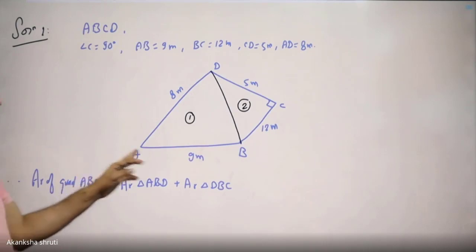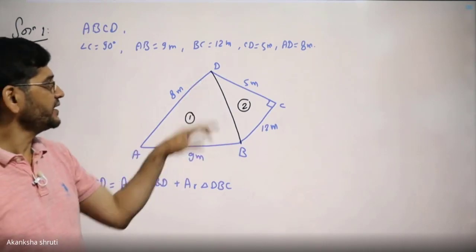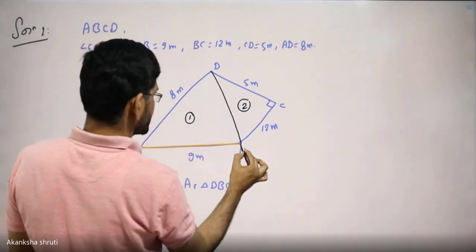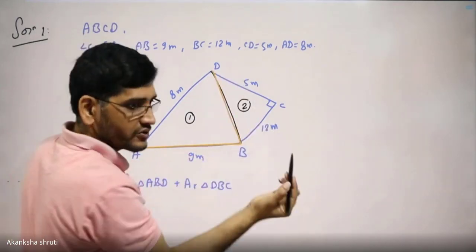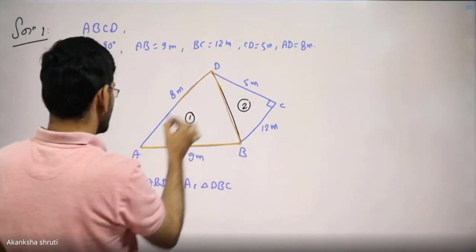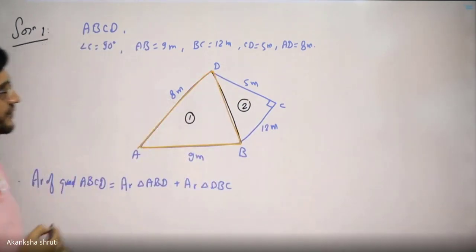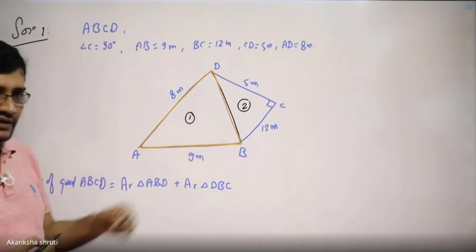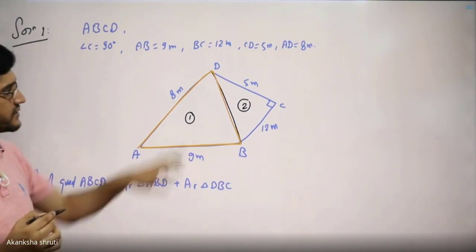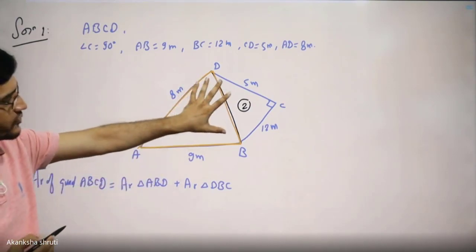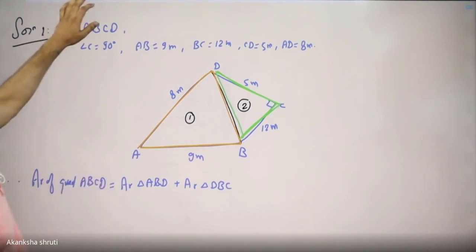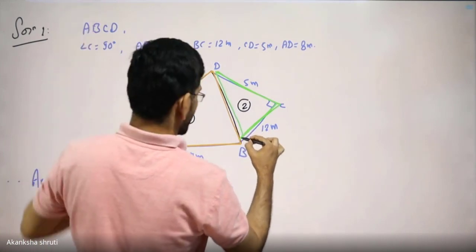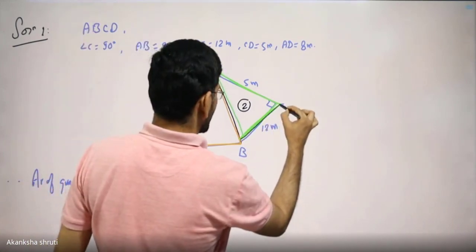Students, if we consider the first triangle ABD, in this triangle, we are getting that our AB is given as 9, BD is not known, though DC is given as 8. So if we can get this BD, then we can get the area. So the very first thing we shall think about is calculating the BD. Students, for calculating the BD, observe carefully, if we are focusing on the triangle